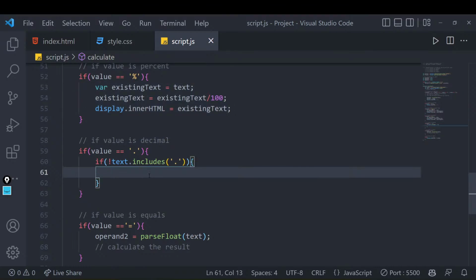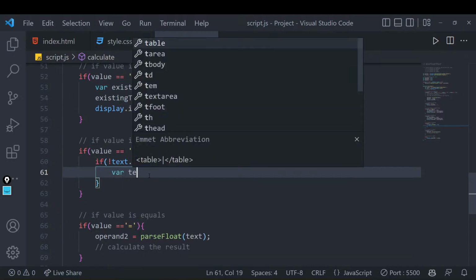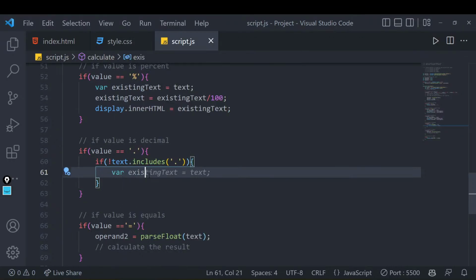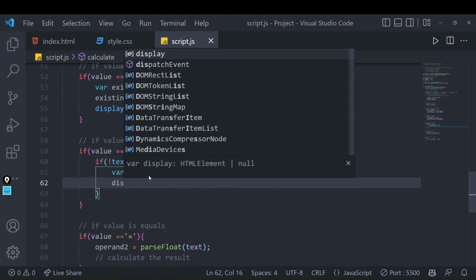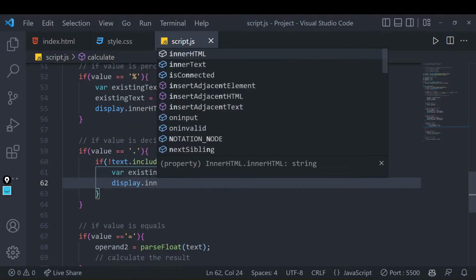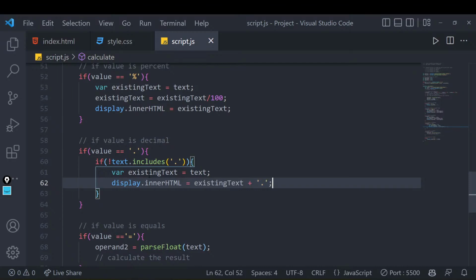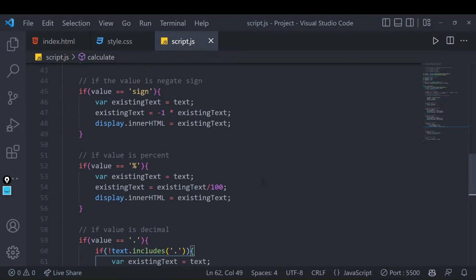Or maybe not even doing that, we can directly write, let's do that, text equals to text, and we will say key display dot, what is that thing? Display dot innerHTML. Where is this? innerHTML is this, right? So this will do what? This will add a dot at the end of that number, right? And if that is also done, I believe everything is done.